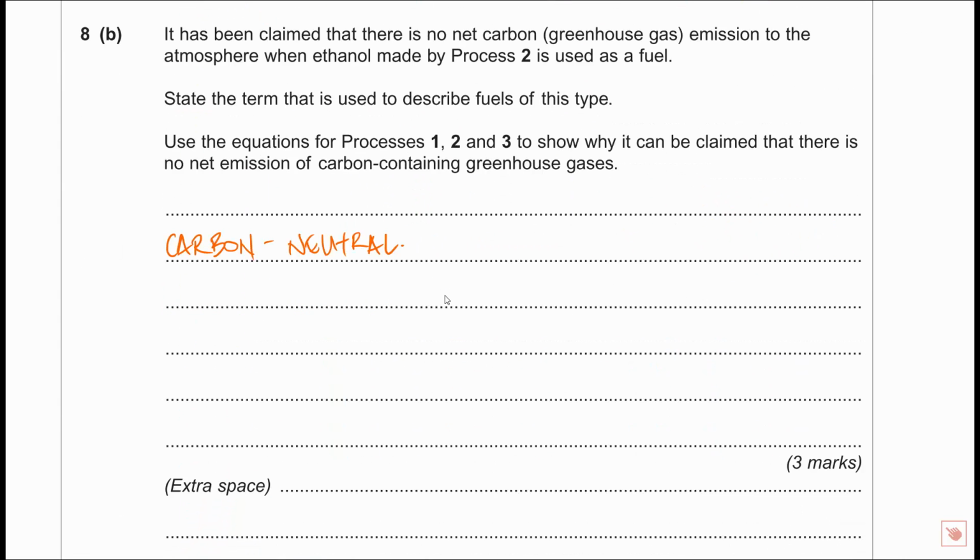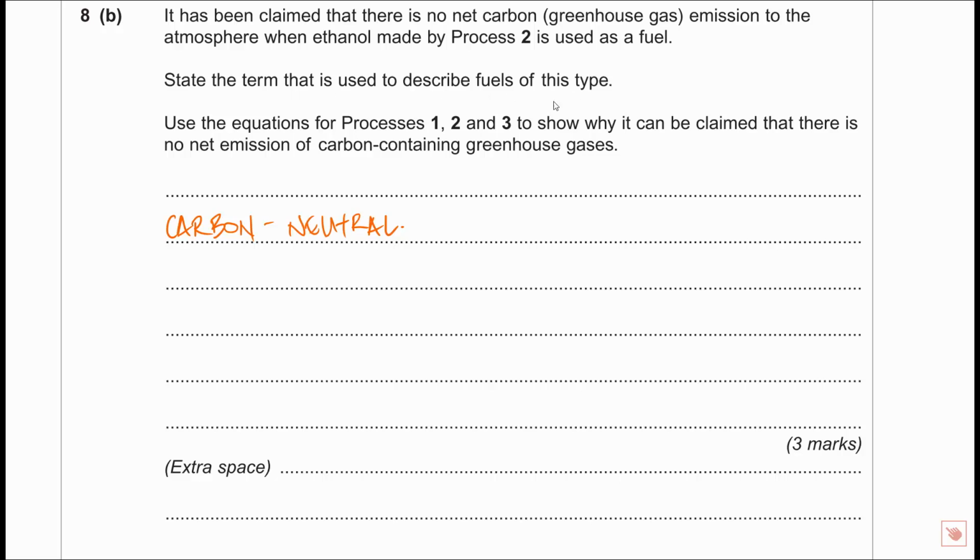So the term that you use to describe fuels of this type is carbon neutral. Basically, carbon neutral, applied to ethanol as a biofuel, means that the carbon dioxide, or the greenhouse gas, or the carbon, whatever you want to call it, that was taken in during the growing process is released in that same amount when it is burned. So there's no net change